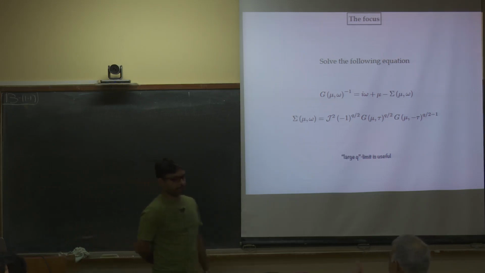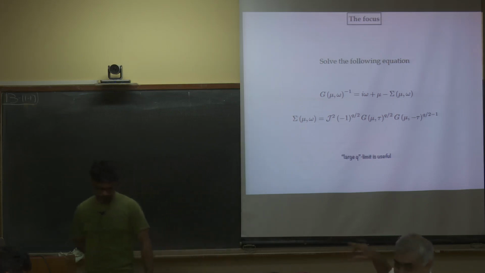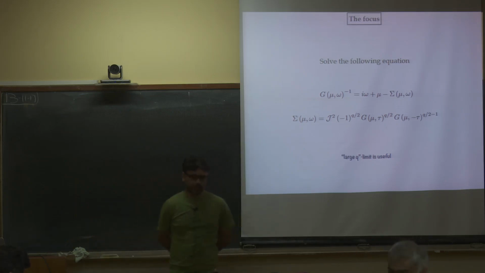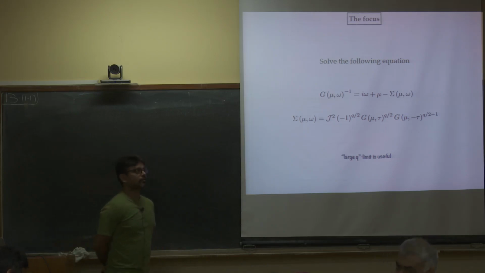This is asking, perhaps you've taken n going to infinity first, and now you're taking q to large. That is right. So there might be another limit where you take n and q both to infinity together, keeping one over q fixed. So is there another limit of that? Yeah. But I guess that would not be practical because you lose planarity. Well, I'm not sure you lose planarity, because I think planarity is ensured by large n. Yeah, so, okay. You could take that. Yeah, your question is valid.